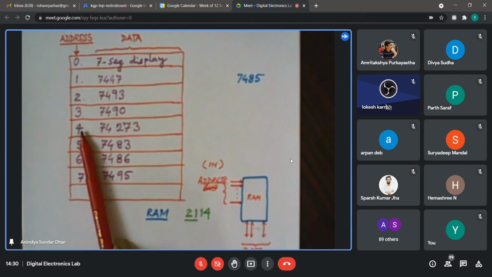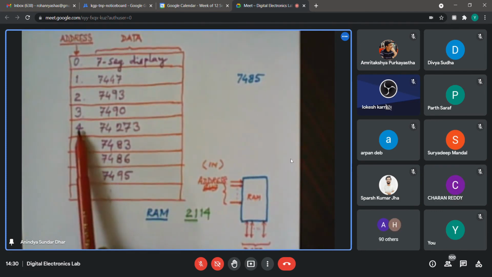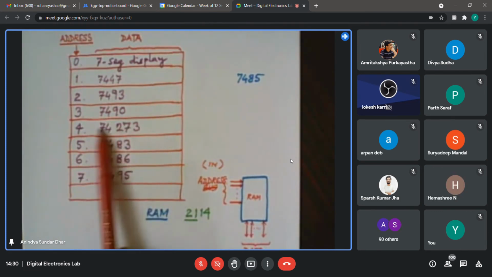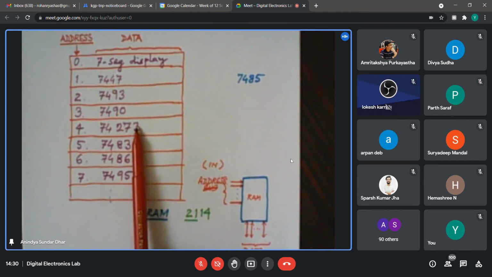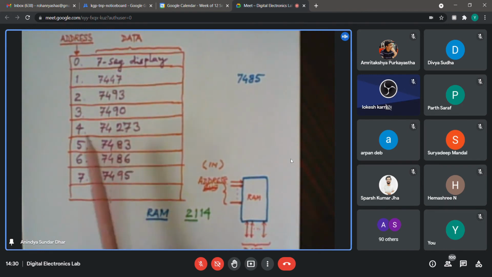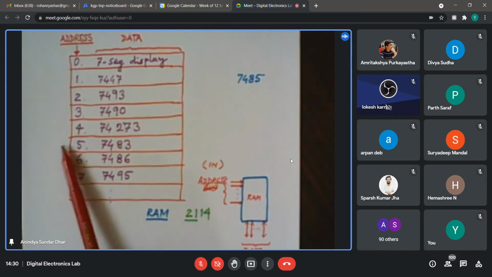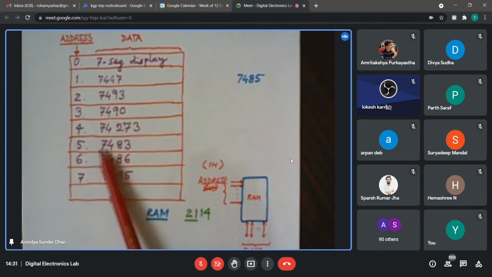Then I will say, check the content at address 4. So I issue the address whose value is 4, and I expect the data pertaining to what is written on that particular line. In this example, it will give me the 74273, that number. But if I want to find out what is in 5, I will issue the address equal to 5, then I will get that data.